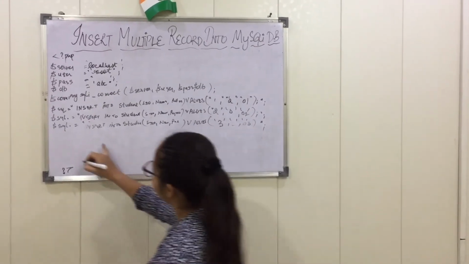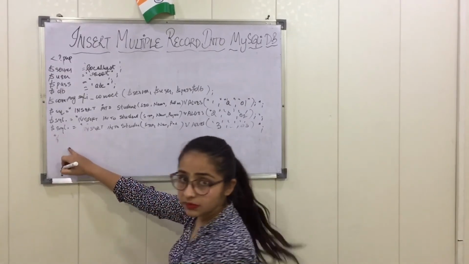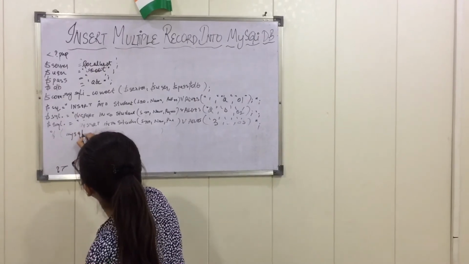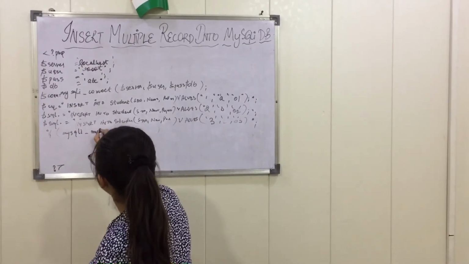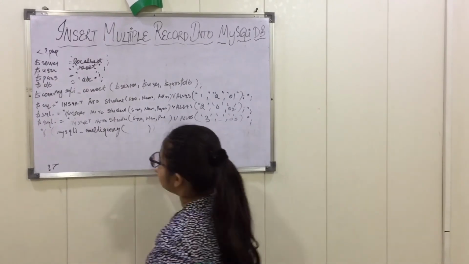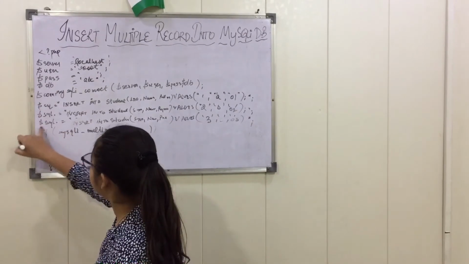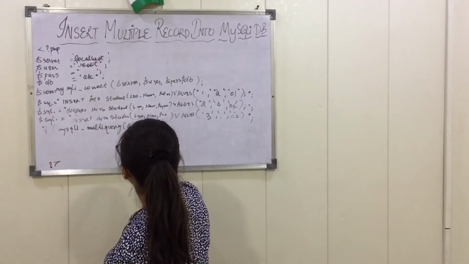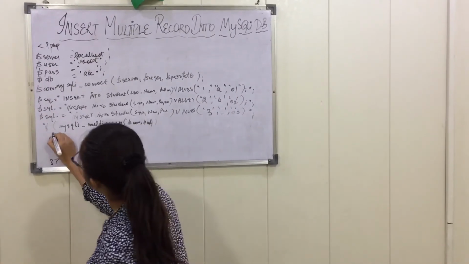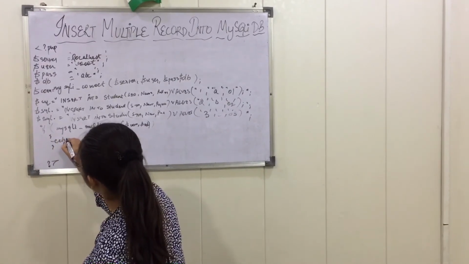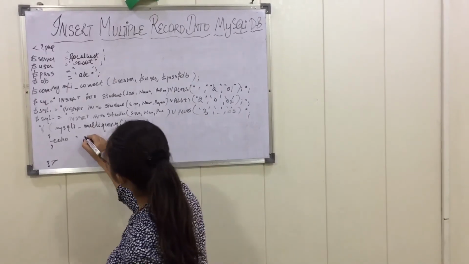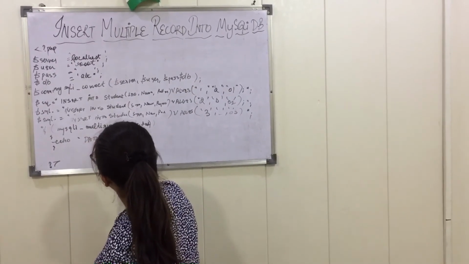After that we'll go to the if statement, that is a conditional statement. In between this we'll pass mysqli_multi_query. After that we'll join the two variables, that is the connection and $sql. So we'll write here $conn and $sql. After that curly braces start and end. In between this we'll pass echo so that we know that our data is saved. So we'll write here data recorded.